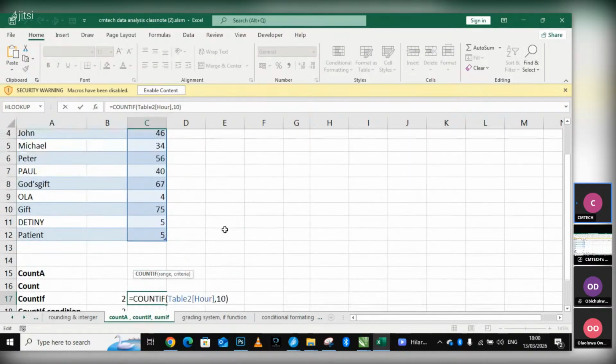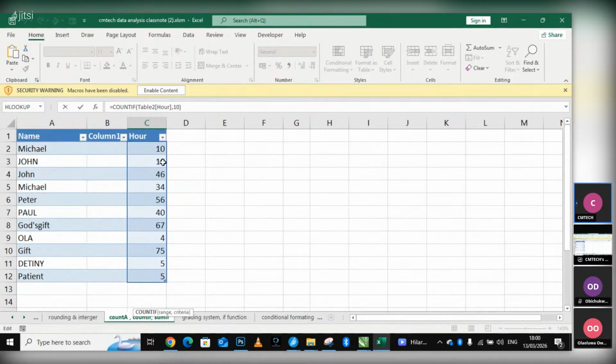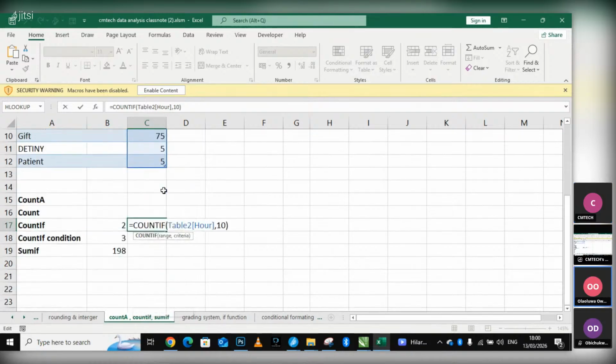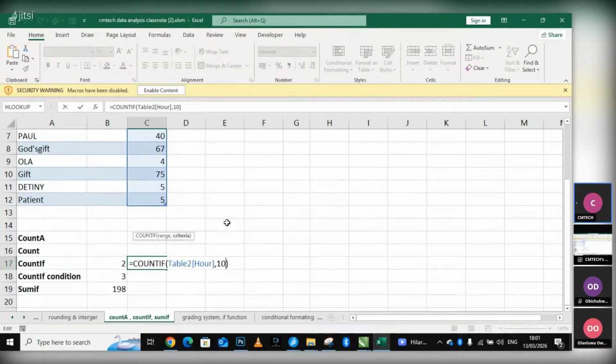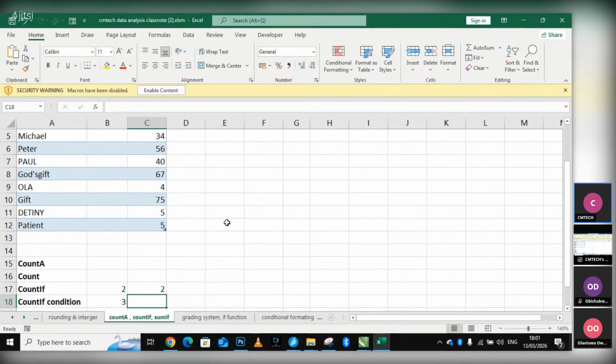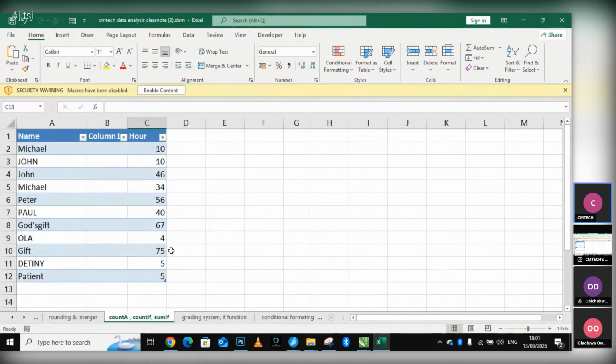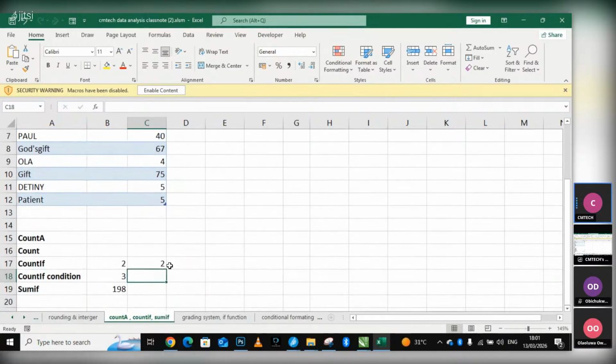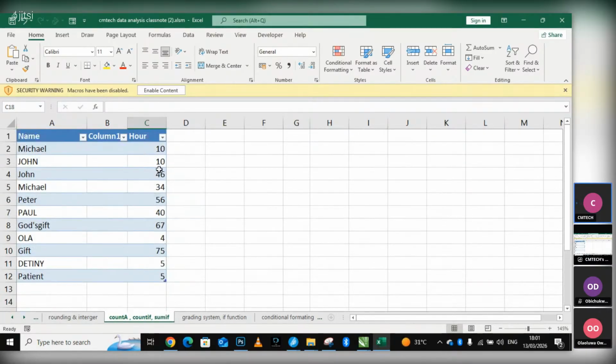How many numbers have 10 here? Two. Now I selected the hour, and I added the number I want it to count. You understand? Now, let me change it again. I will change it to, let's say, 5. I'll put the specific value. Now you see we have 2. So that is how we can use count if to count for a specific